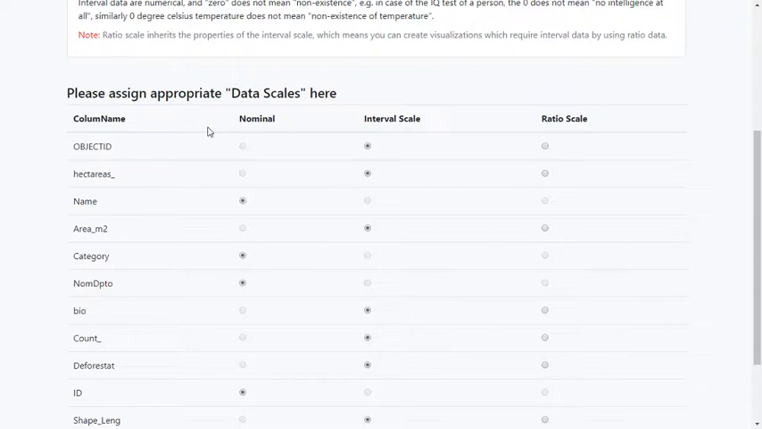It is very important to assign the data scale accurately because data with an incorrect data scale could result in no map or a wrong map visualization. It is also important to note here that ratio scale inherits the properties of the interval scale, which means you can create visualizations which require interval data by using ratio data. You need to upload your data again if you realize at a later stage that any of the data scales was